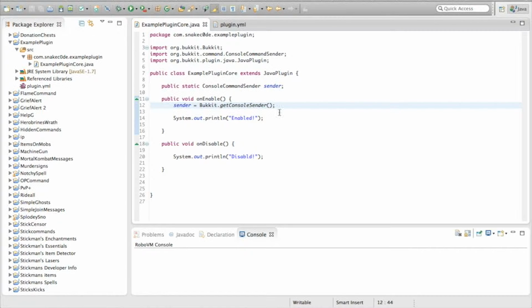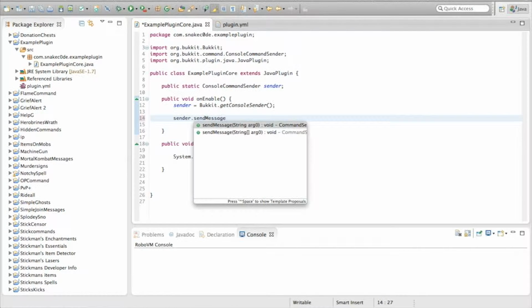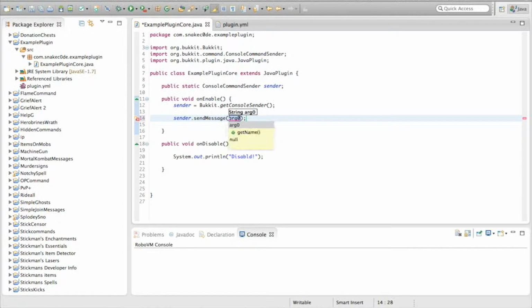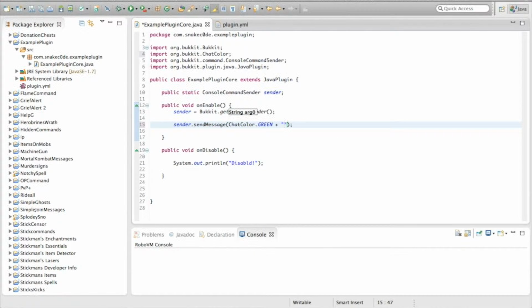So then we're going to replace this system.out.println with sender.sendMessage. And now what this is going to allow us to do is use color codes in this. So we're going to want to use chat color dot, I'm going to go with green plus, and now our message, example plugin successfully enabled by Stickman561,